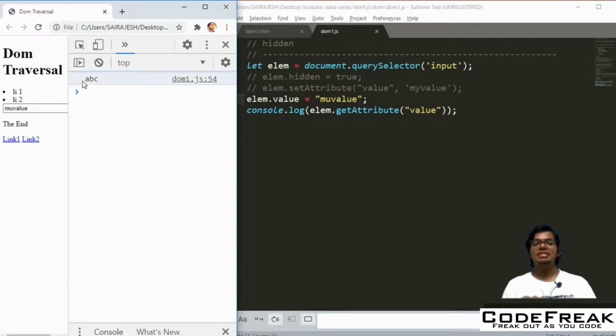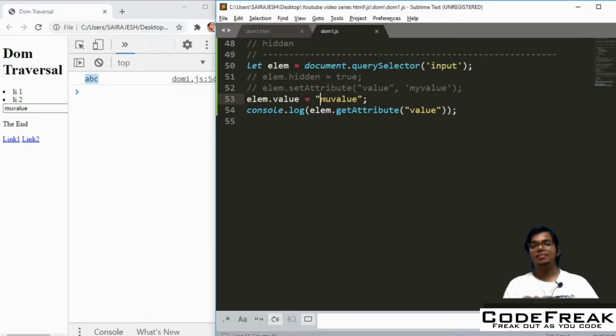See, it remains AB. So that means you have changed the property in the object, but it is not getting reflected on the HTML. Changing the attribute value updates the property, but changing the property value doesn't update the attribute. This feature comes very handy because user actions may lead to value changes many times, and after that if you want to recover the original thing, this is helpful. So these exclusions are made only in those cases, which helps you finally.